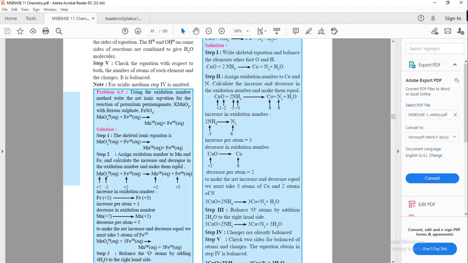Now we'll see the second step. Assign the oxidation number to Mn. To equate the oxidation number, first we have to calculate the oxidation number for the unknown species, which is not given here. So for Mn, for one oxygen it is having minus 2. So 4 into minus 2 is minus 8. X we will consider for Mn. So x minus 8 is equal to minus 1. So 8 minus 1 will be plus 7. What is it? Plus 7.